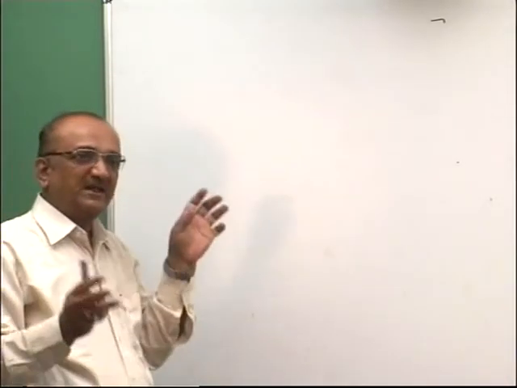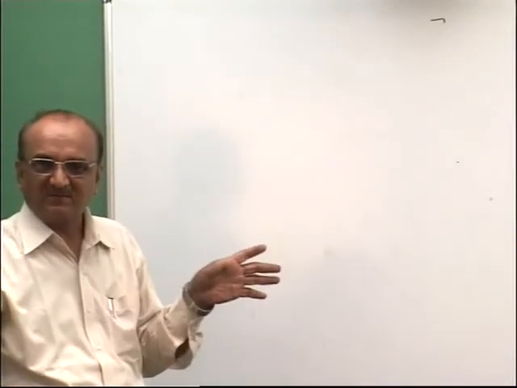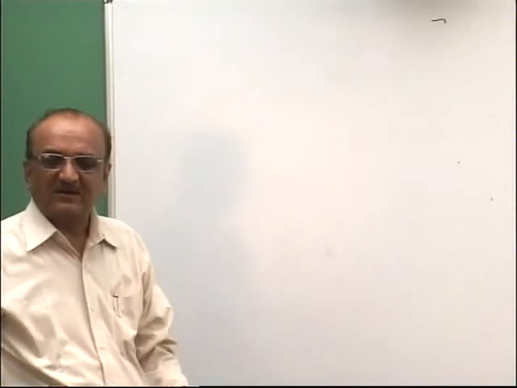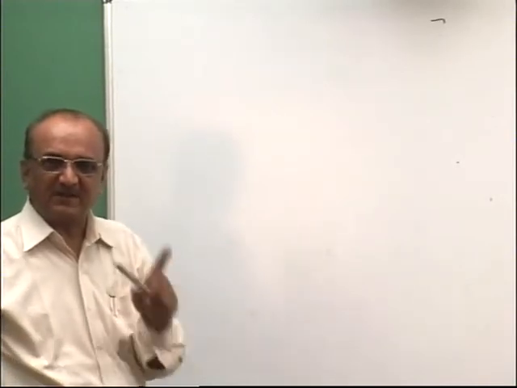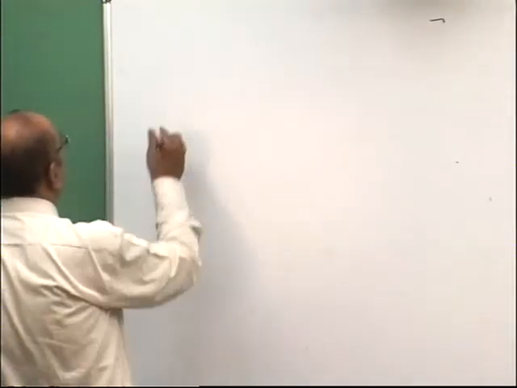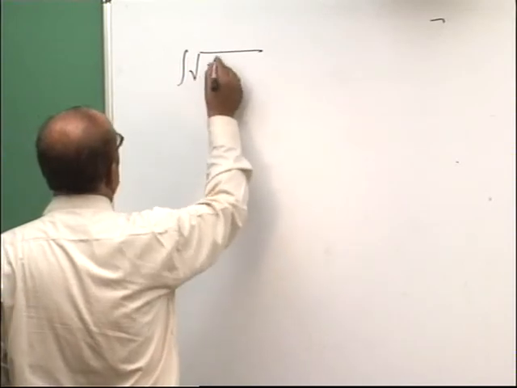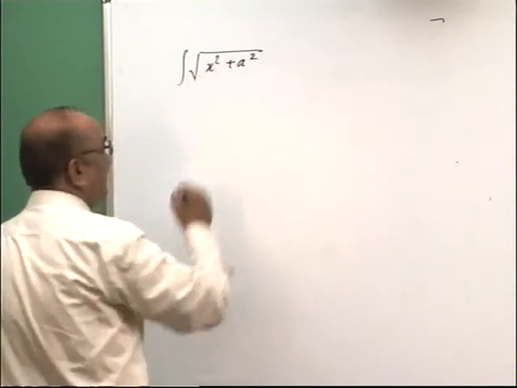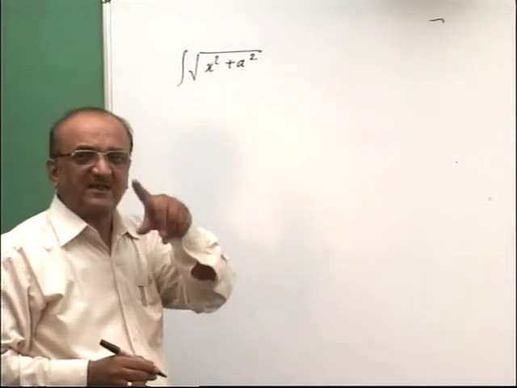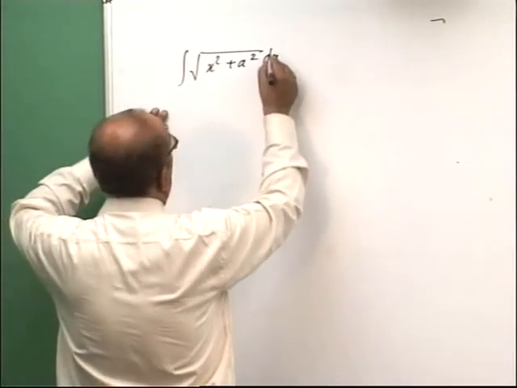Now the next formula is a very easy formula. You can substitute the value directly in this form. The last point of discussion for the indefinite integrations is the formula for the integration of square root of x squared plus a squared dx. This is formula number 10-11 in theory.